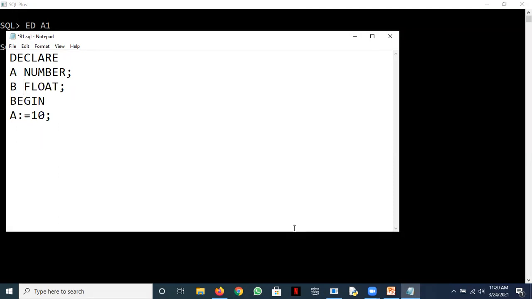You can also assign a value at the point of declaration itself, an initial value. For A I've given it here, for B at the point of declaration. Both of them are good; there is no problem with them.